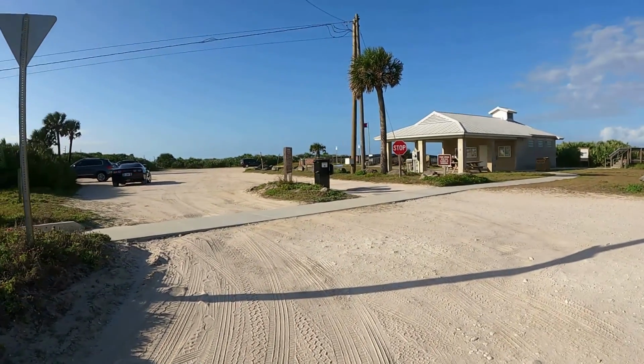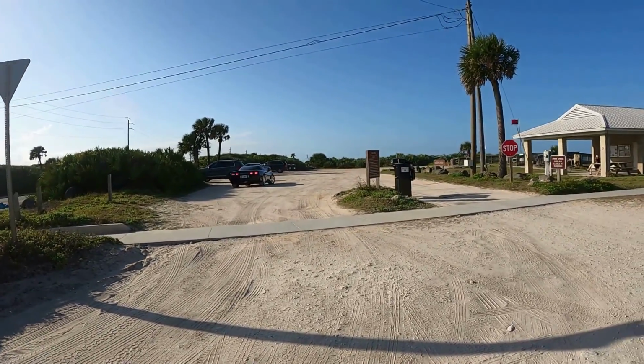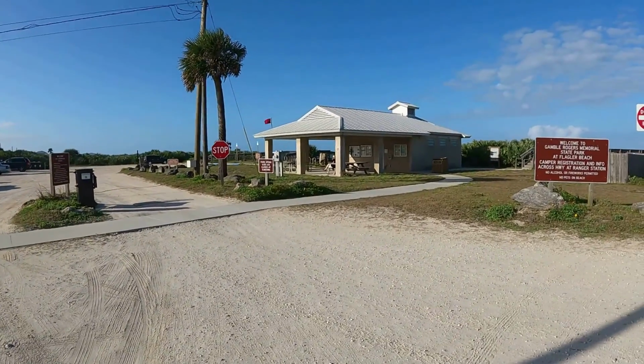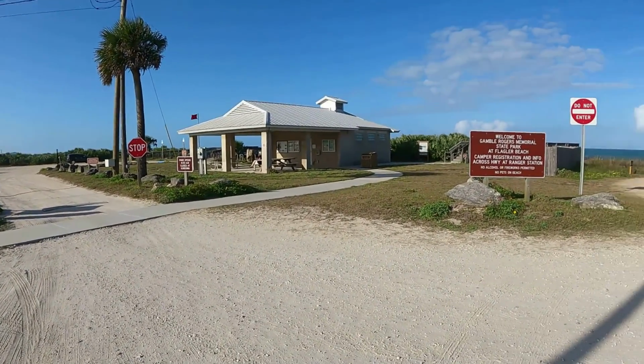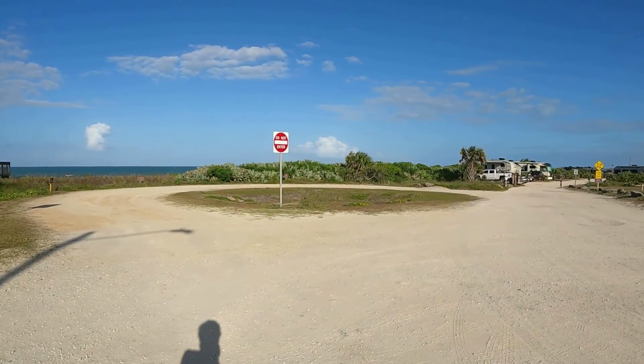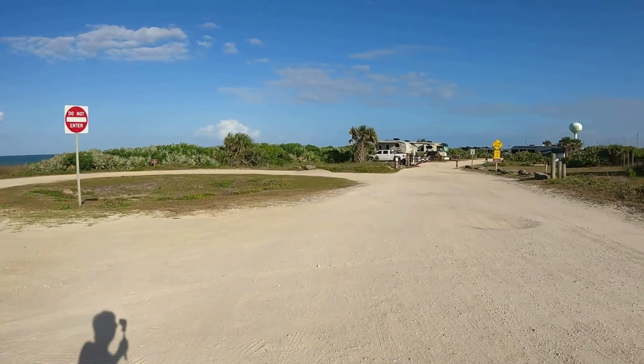Ranger Station on the right. If you want to park up here on the Oceanside, there is a little parking area right here. Just make sure you got your tag displayed. I have seen the ranger-led events at this building. Now you might have noticed the wind has picked up, most definitely. We're gonna head into the